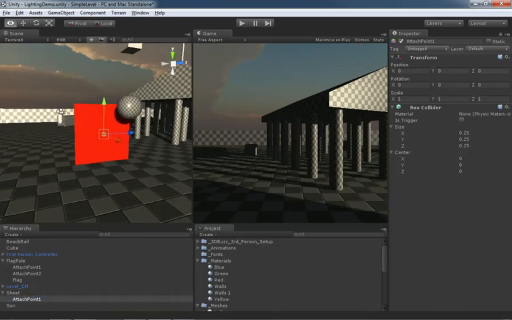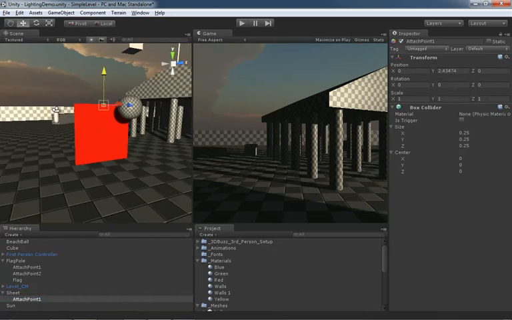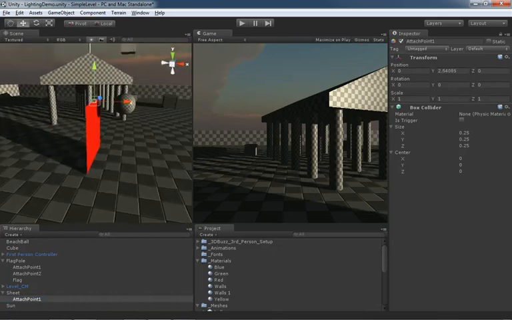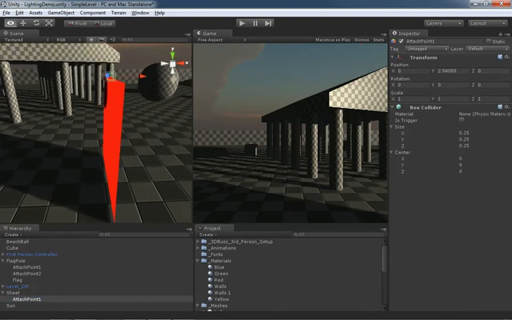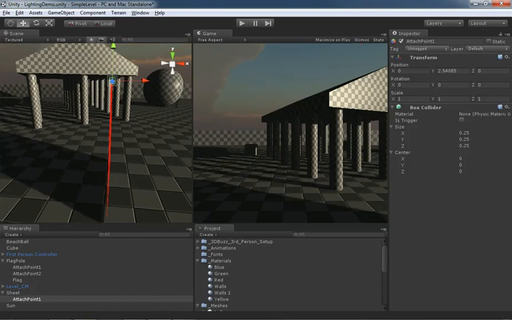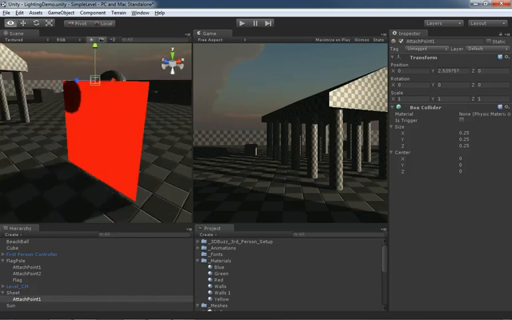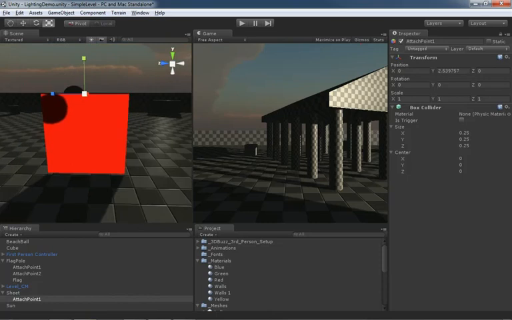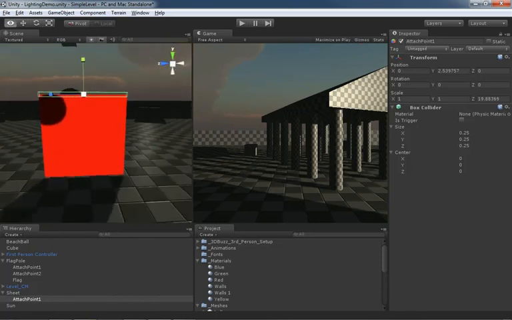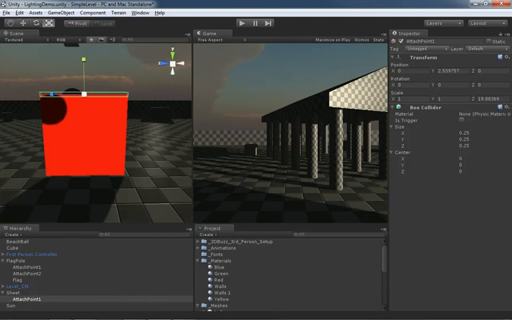All right, so now go ahead and move this up to the top. Now, once again, the important thing with your attached colliders is that they must intersect with vertices of your cloth. So they have to contain some vertices inside of them for them to work. So what I'm going to do is scale this guy out to be right about the size of the entire sheet. So now I've got that one. I'm going to duplicate it,